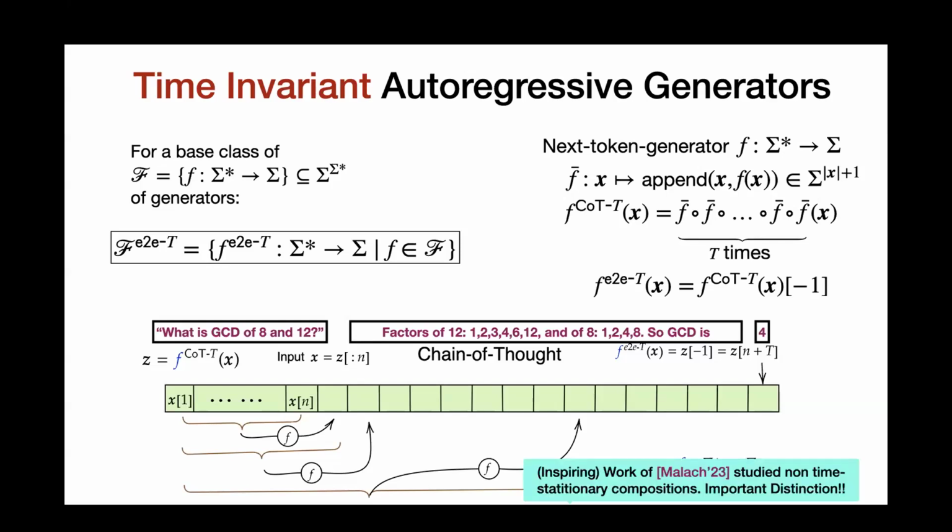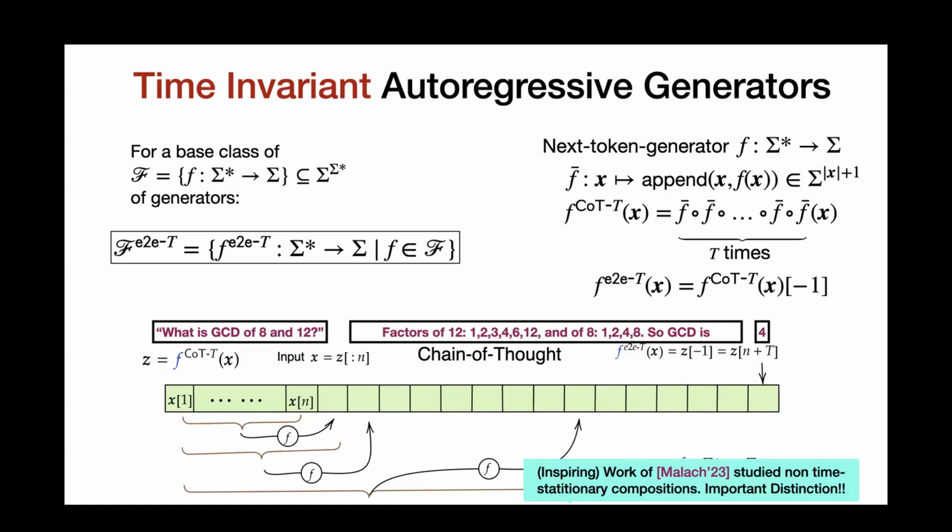But one thing that I would like to emphasize here is that the important aspect is that this process of autoregression is time invariant. In particular, I'm taking the same function from my hypothesis class and applying it multiple times in order to arrive at the final answer. So my end-to-end mapping class is generated by applying the same function to the